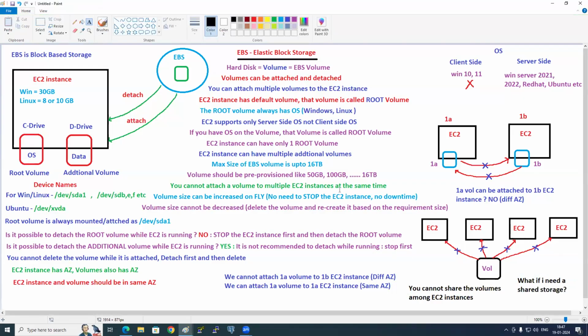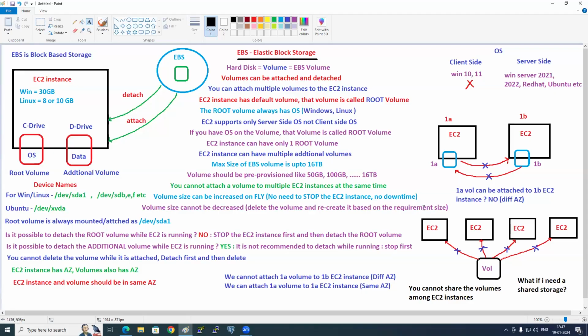If those are in the same availability zone, is it possible, sir? See, guys, one volume can be attached to multiple EC2 instances if those EC2 instances are in the same availability zone? No, one volume, one EC2 instance only. And by the way, a volume cannot be attached to an EC2 instance in another availability zone. That is 100% sure. If we have multiple EC2 instances and one volume, can you attach it to multiple EC2 instances?